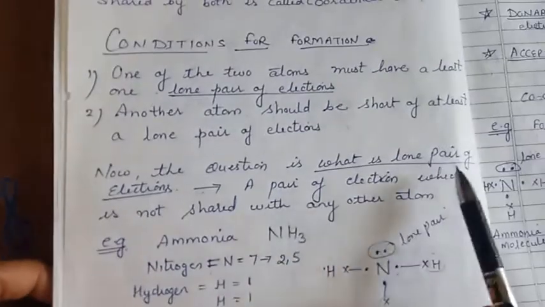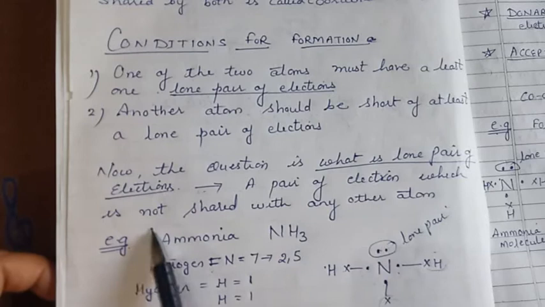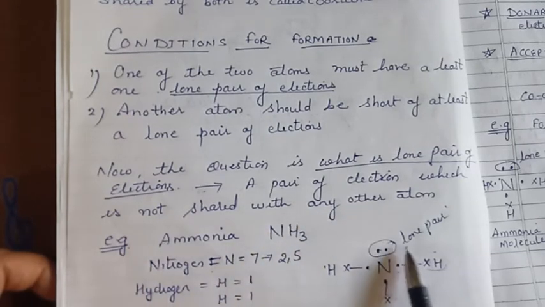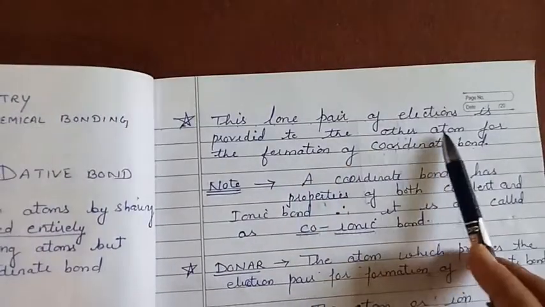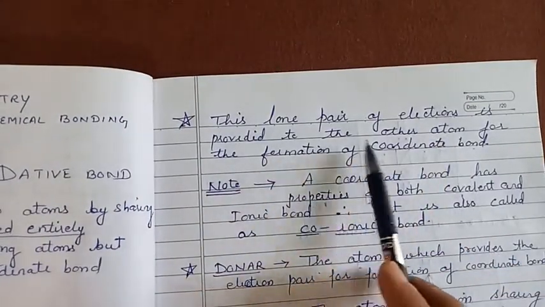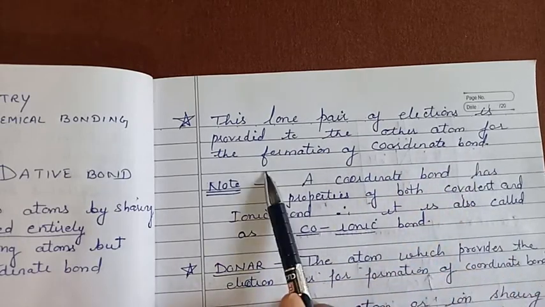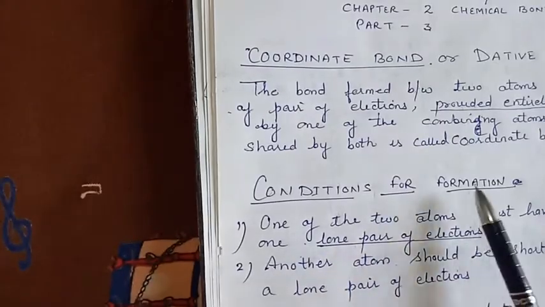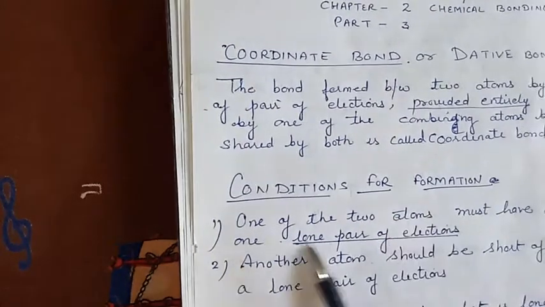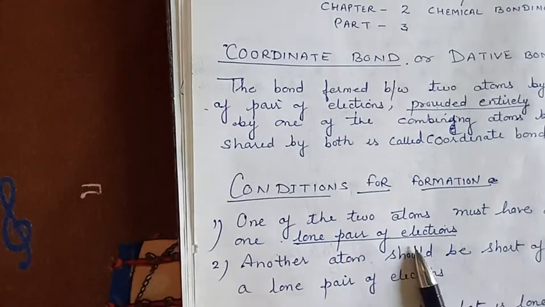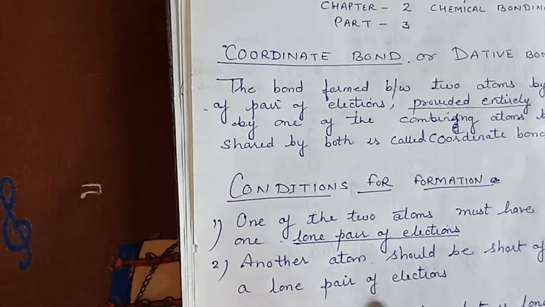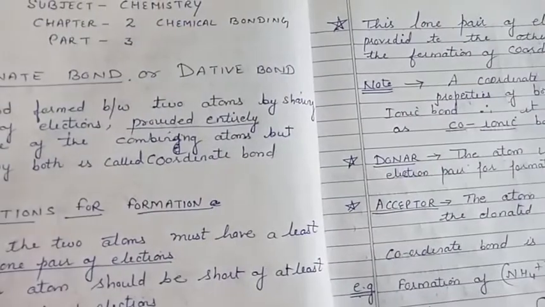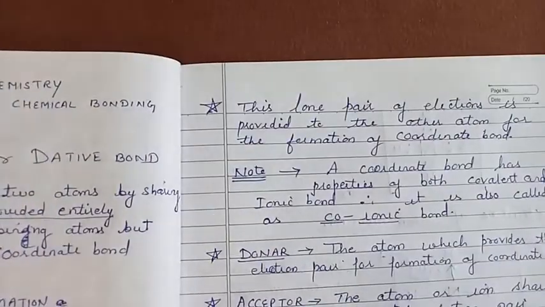As I said, a pair of electrons which is not shared with any other atom is known as a lone pair. And this lone pair of electrons is provided to another atom for the formation of a coordinate bond. As I said here, for the formation of the coordinate bond, one of the atoms must have at least one lone pair of electrons and another atom should be short of at least one lone pair of electrons. So this lone pair of electrons is now shared,